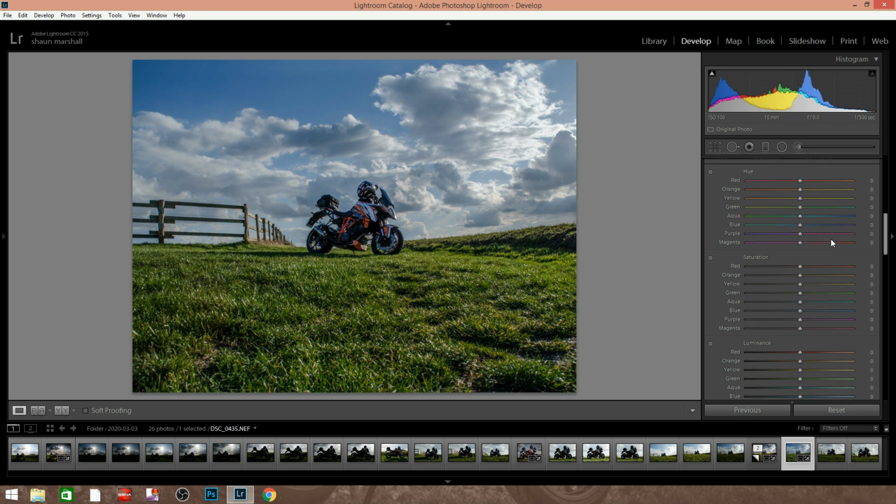HUE, saturation and luminance. So this is where you can really play about with the colors. So on the HUE, you can basically change, say this green grass, you can change the color of the grass, make it yellow, make it more green. Again with the sky, if you change the blues, that's more of a purple. You can go down to a sort of aqua sky, but again, looks unnatural. I tend to leave these alone,